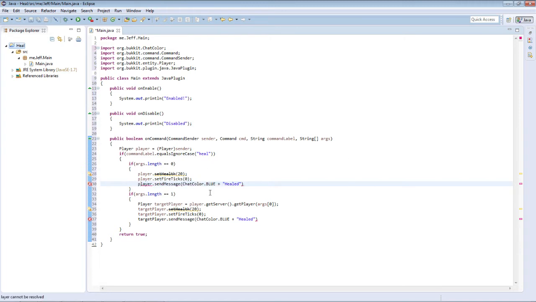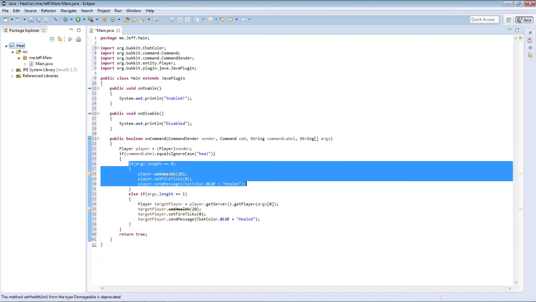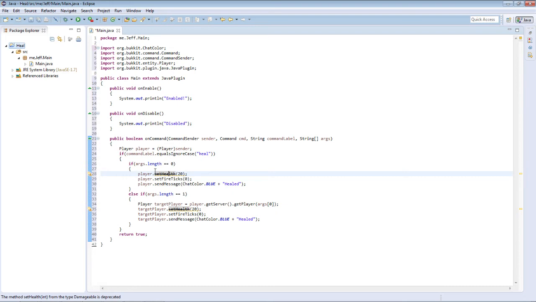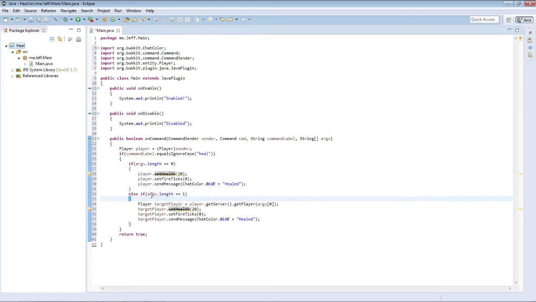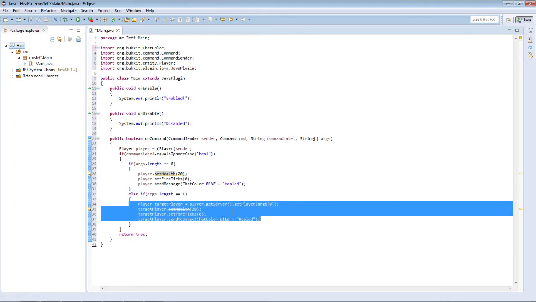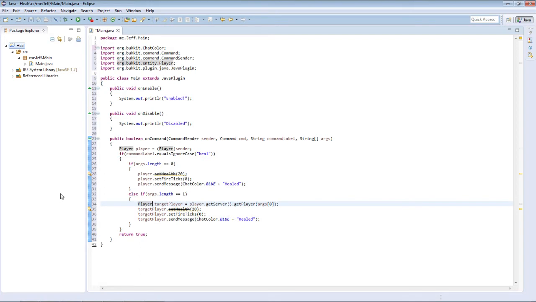and do that. Okay, so now what we basically have here is, oh, and don't make this an if, make this an else if. And if args.length is 0, that would be you just typing heal, then it'll heal you. Else if the args equal 1, so then it'll heal the player that you type after